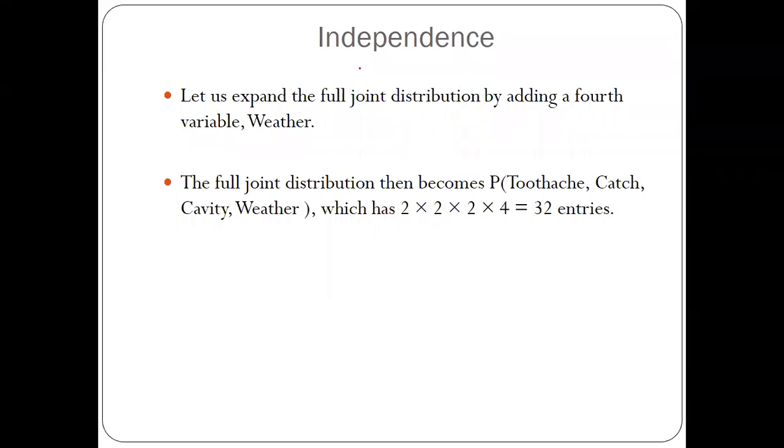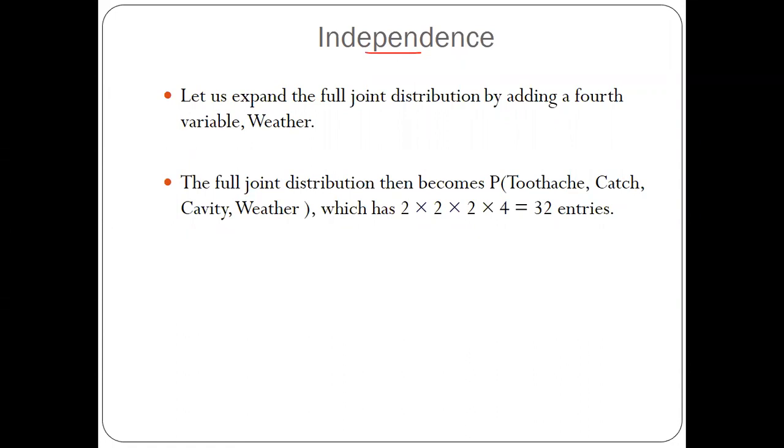Yeah, welcome. So the topic we'll be discussing in this lecture is independence. So basically we are discussing uncertainty. When we are dealing with uncertain events, or when we are dealing with conditional probability, some variables can be independent of other variables. In that case, those independent variables can be separated out. So that's what we are going to discuss here.